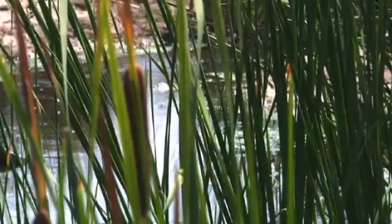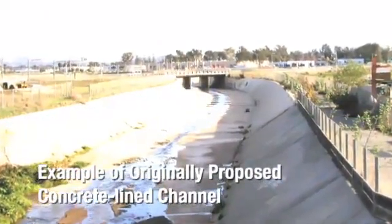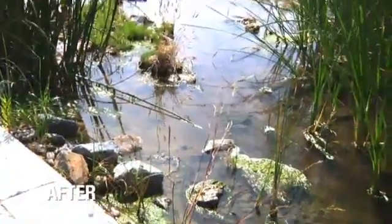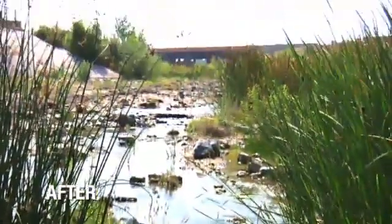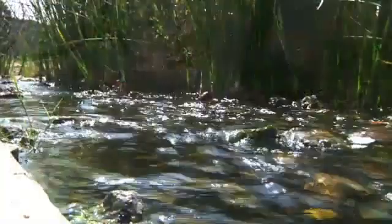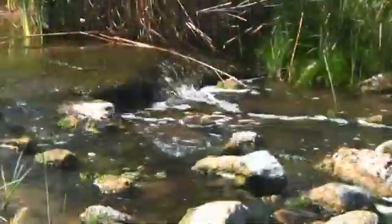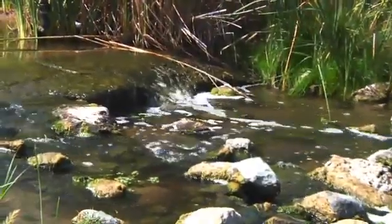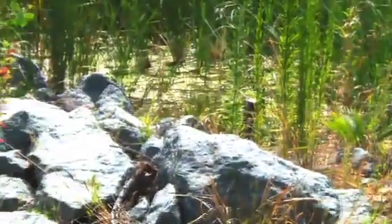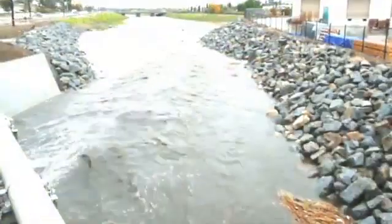Before this project began, the creek was designed to have a concrete-lined channel. And then the ultimate product was an earthen-lined, self-mitigating channel as you see now, with the idea that as the water traveled from the adjoining city through the concrete-lined ditch, it would come through Forester Creek that's planted with natural habitat. The water would be filtered through and eventually run to the San Diego River, which is on the northwest